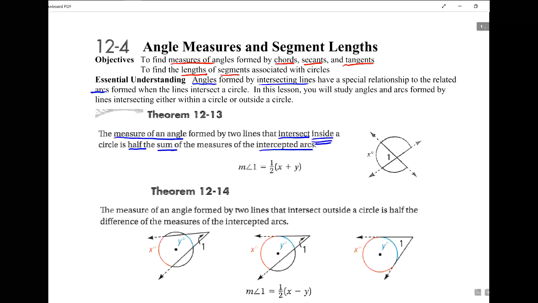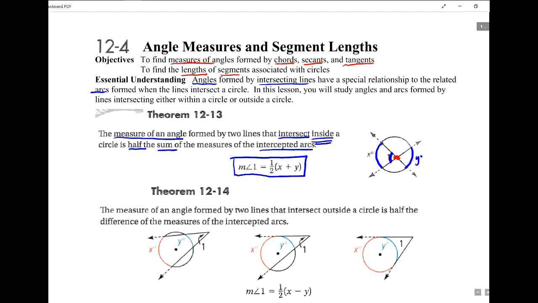Okay, the measure of an angle formed, so angle number 1 here, let's look at this on our diagram. The measure of this angle that's formed when two lines intersect inside the circle, here's our point of intersection, is half of the sum, so we're adding together the intercepted arcs. So this angle is the sum of this plus this, and this would be y degrees here. It didn't print very well. This angle is half of the sum of the measures of these two arcs, and they intersect